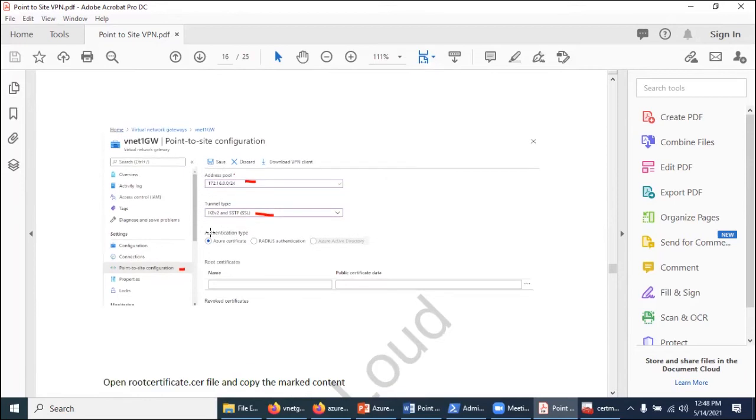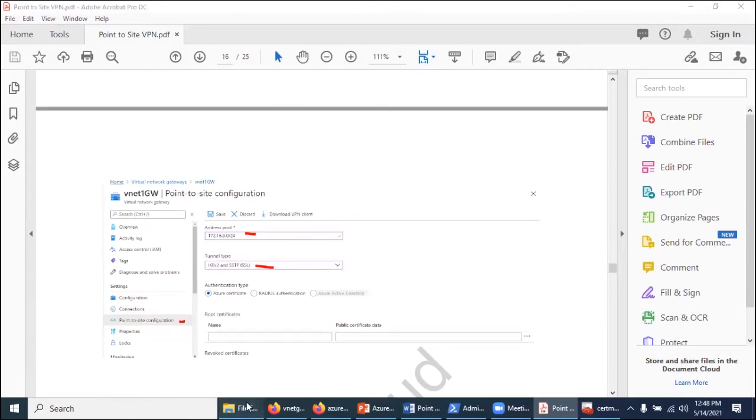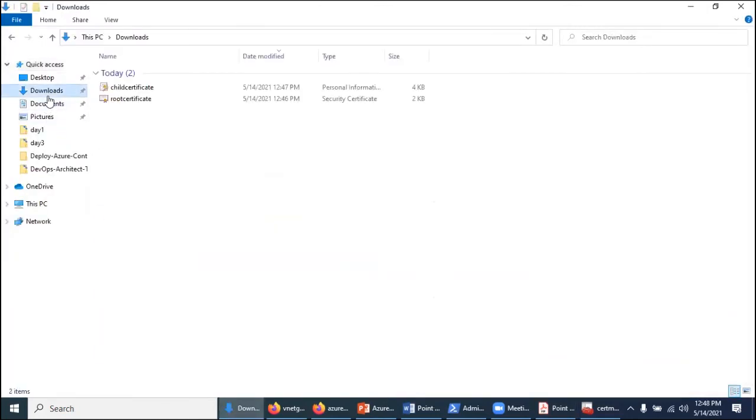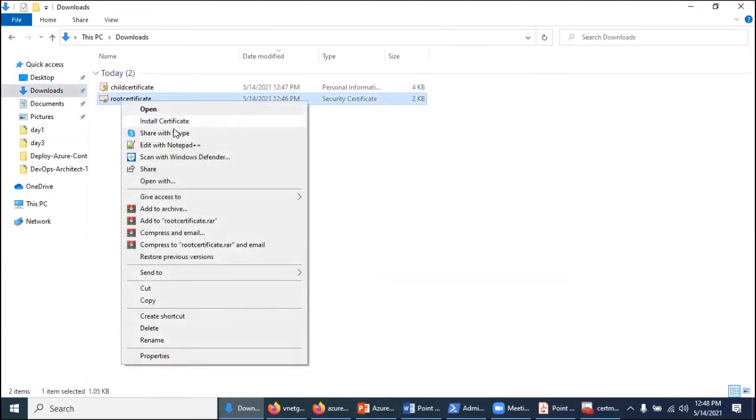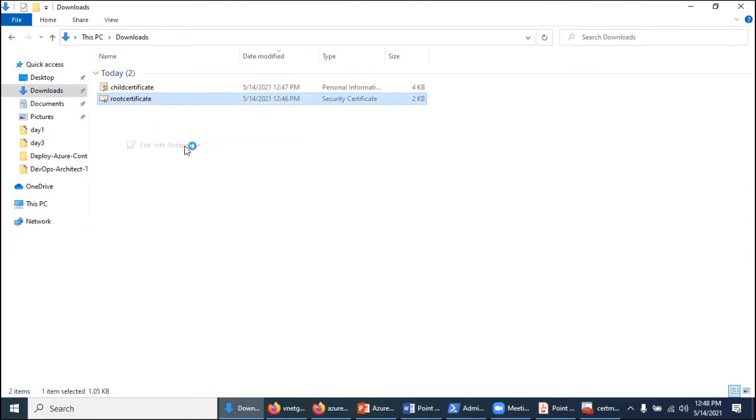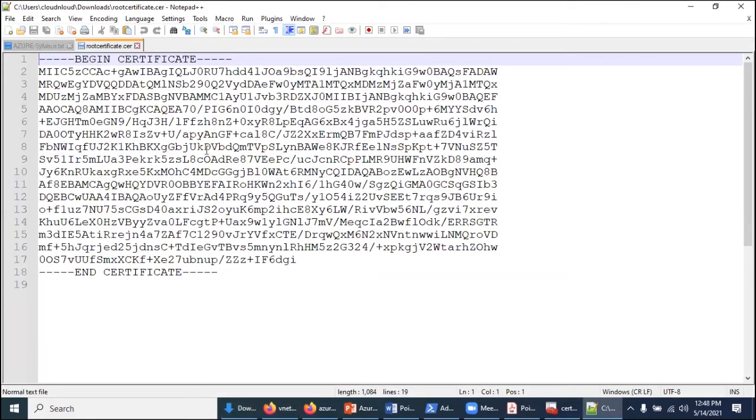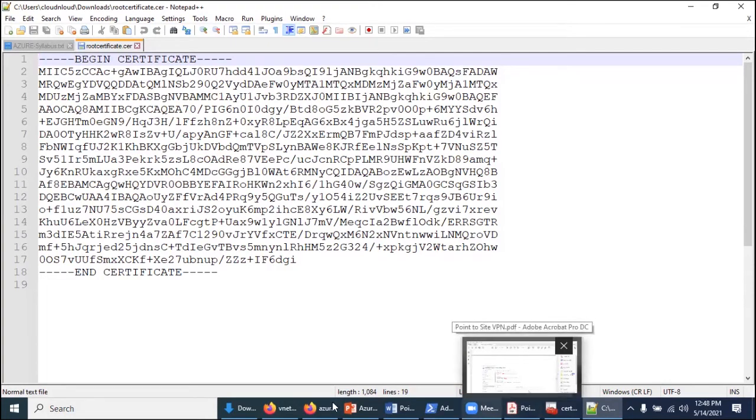After all this, we have created a virtual network gateway, right? Before that, you need to go to the downloads, root certificate. Okay, open it in Notepad++. So keep it, right? So now we will go to Azure.